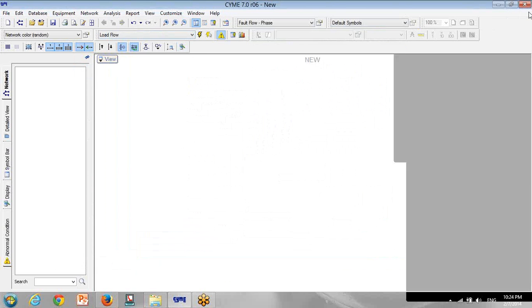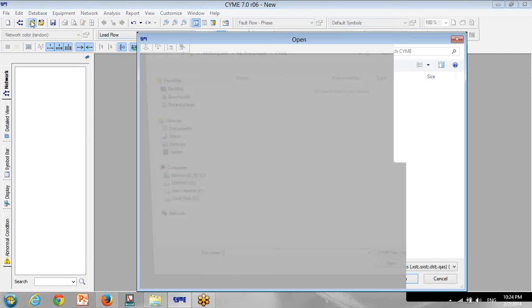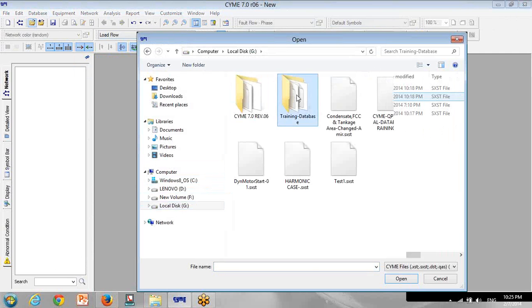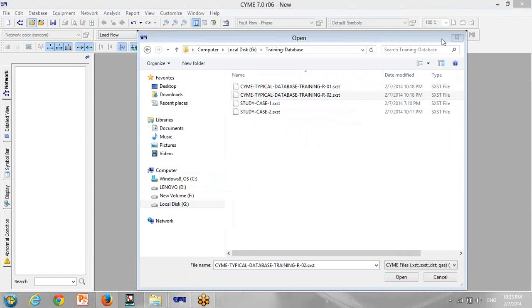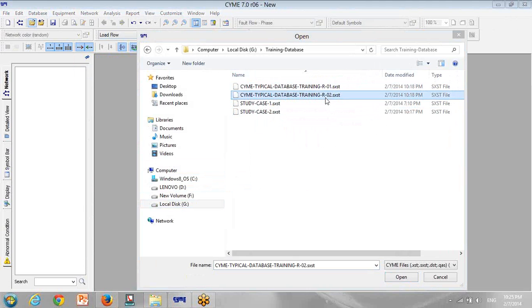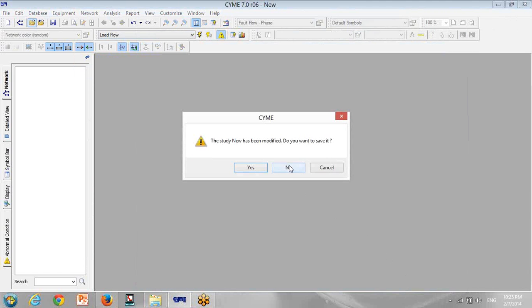So what we want to do, we have a template database, the CYME typical database. We use it for training and for users that want to start working with CYME. So we open it,